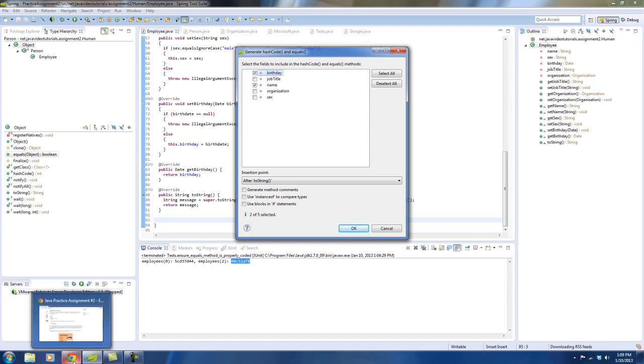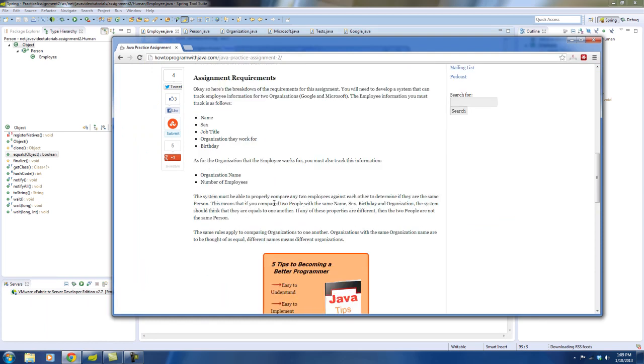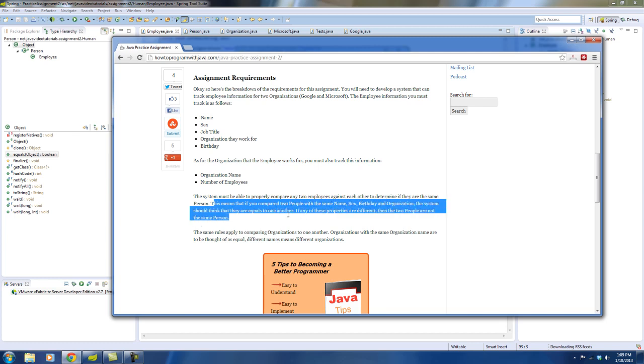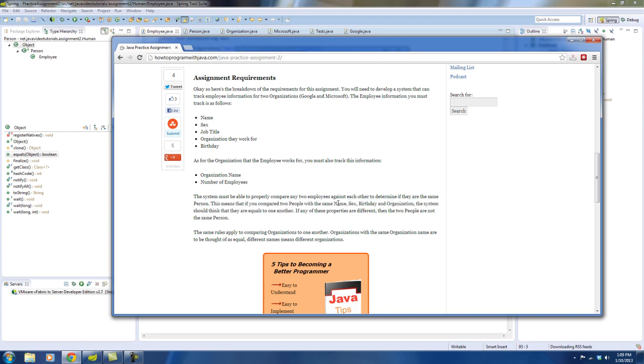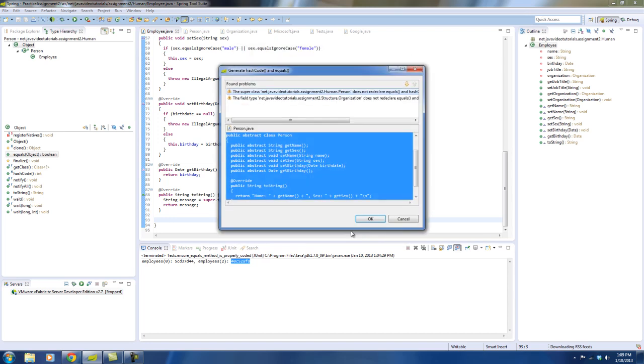So let's flip back to our assignment here. What did I say that equality was all about? I said if you compare two people with the same name, sex, birthday, and organization, the system should think that they are equal to one another. Name, sex, birthday, organization. Those were the requirements that were given to you, so let's follow those. So we don't include job title, fair enough. So if we say OK,